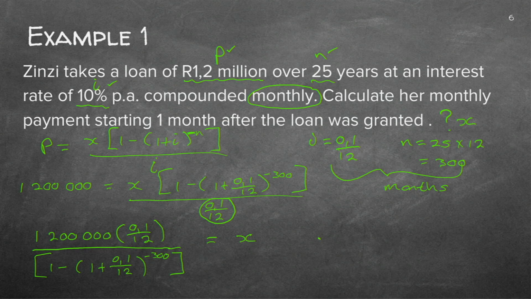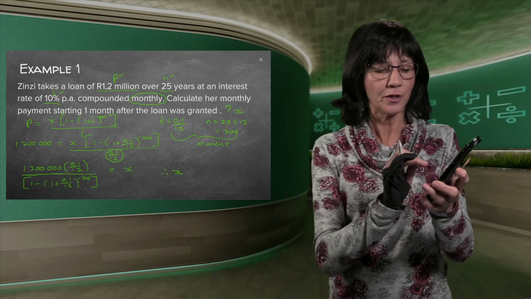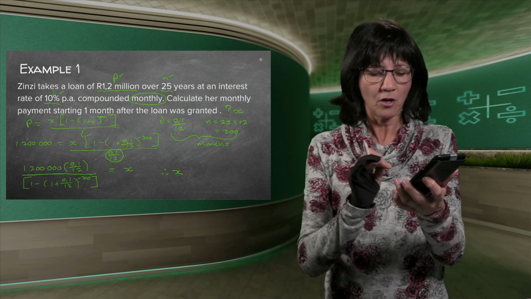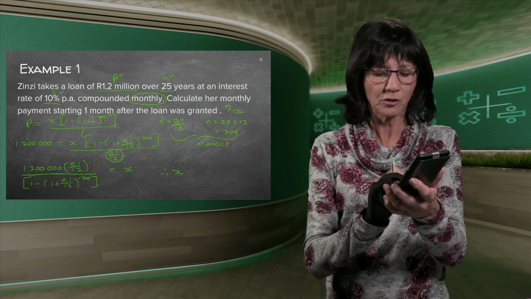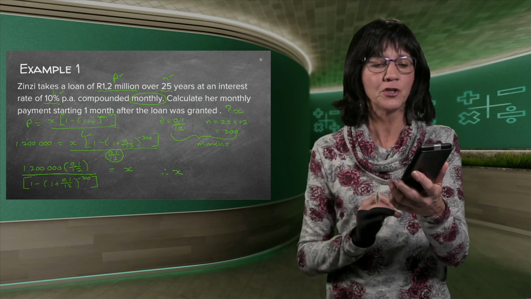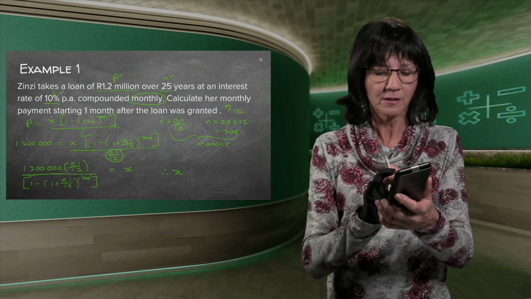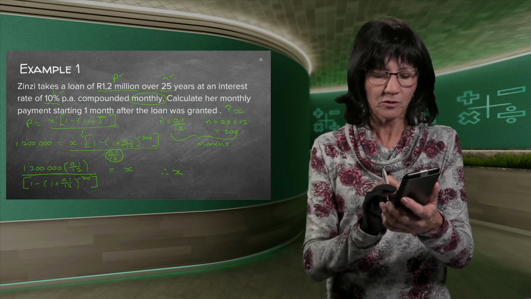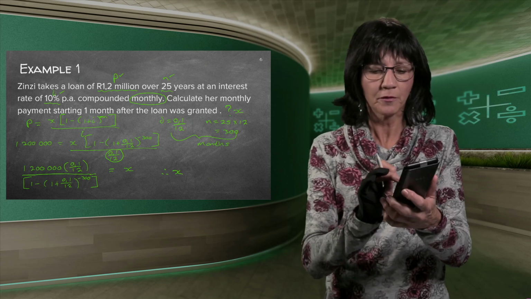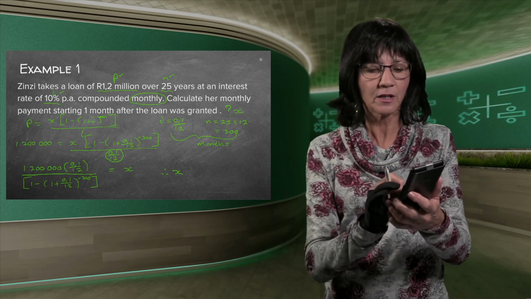So now all you're going to do, you're going to slot this into your calculator. Just as you see it in front of you, you're going to click the fraction button. On top, you're going to make 1, 2, 3, 4, 5. Make very sure that you've got the right amount of zeros. Bracket, fraction, 0.1 over 12. Go to the right-hand side, close your bracket.